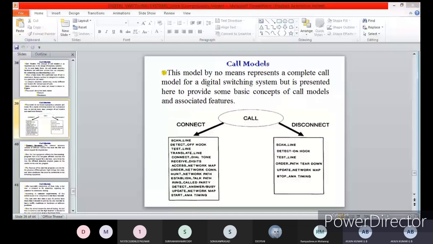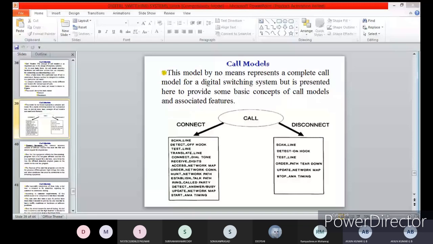Okay, in that, connect the dial tone immediately. Immediately it connects the dial tone, and once it receives the digits, then you go for the mapping. The switching fabric map is consulted, and network control orders are then issued to establish the talking path through the switching fabric. Okay, once the path is completed, see like that.